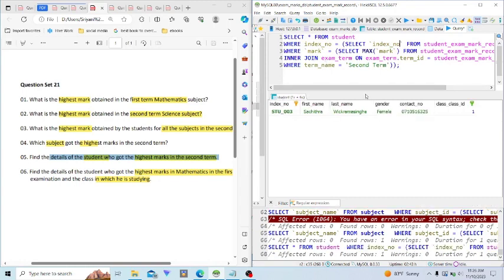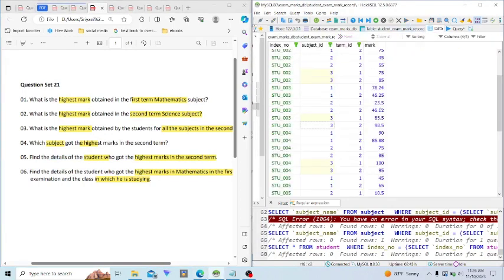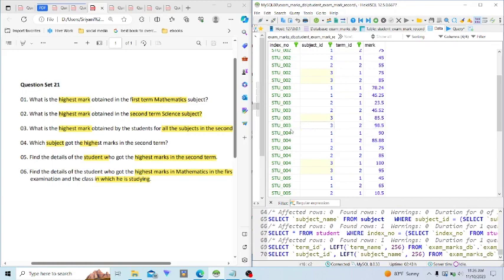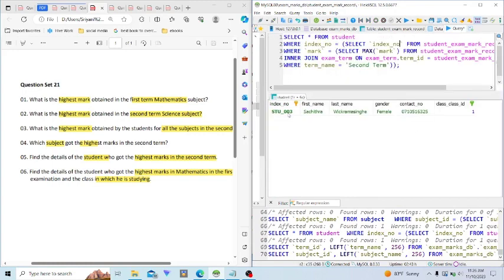So the query is right, and we got all the details of the student who got highest marks in second term. So highest marks in the second term is 98.5. Yeah, the second term single language student 003. So if you go to the answer, it's also SQ 003. So the answer is correct. So let's move to the